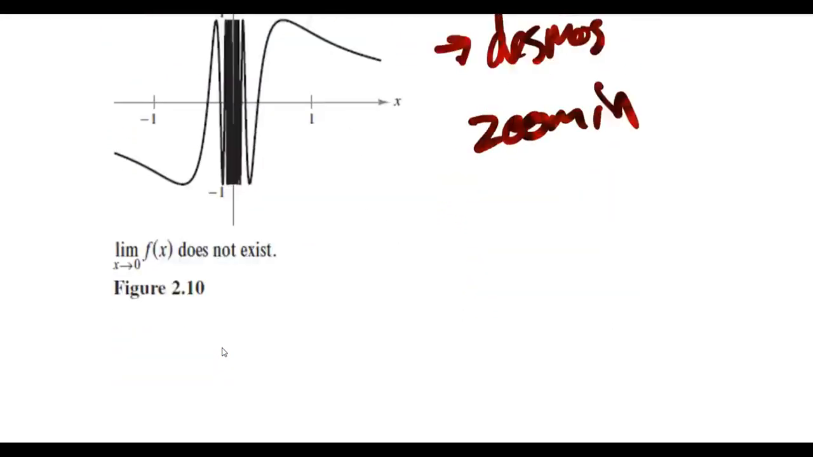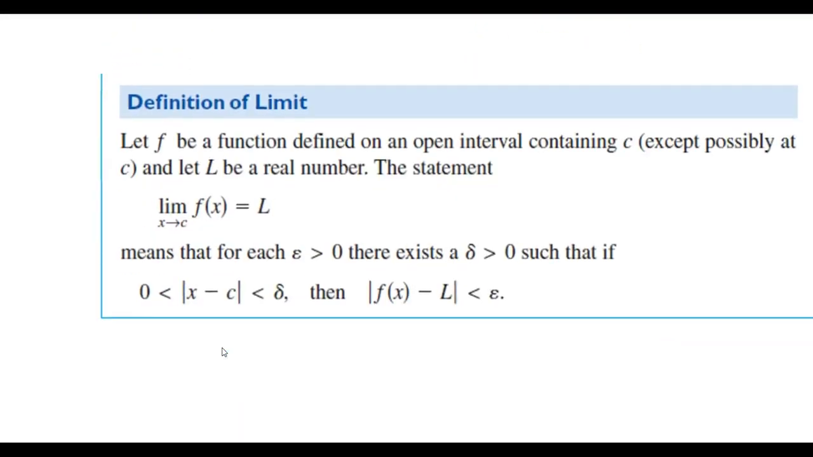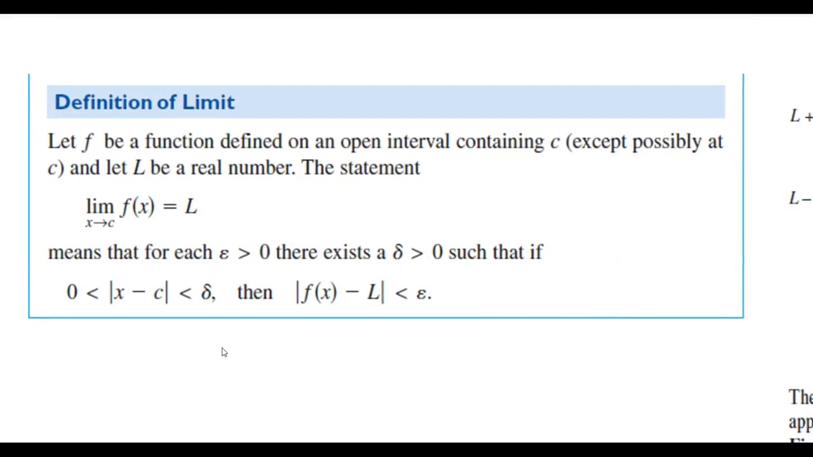It's crazy. So finally, the formal definition of a limit, I just feel like I should say this, is: let f be a function defined on an open interval containing c, except possibly at c. So that means that at that particular location, it doesn't have to particularly exist. And let L be a real number. So a limit is a number. The statement, limit as x approaches c of f of x equals L, means that for each epsilon greater than 0, there exists a delta greater than 0,